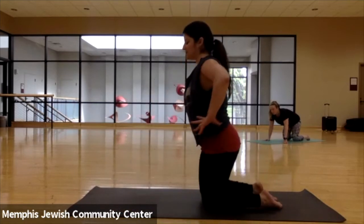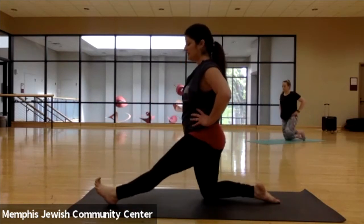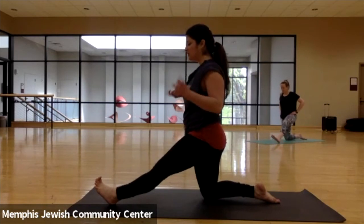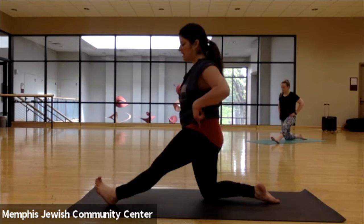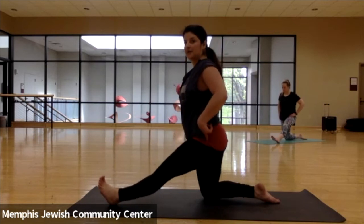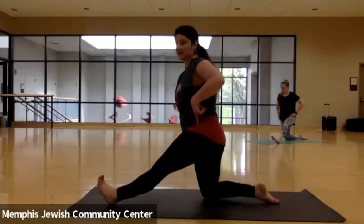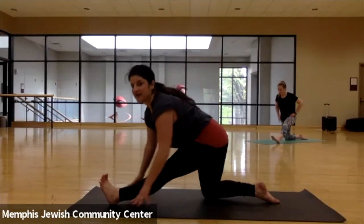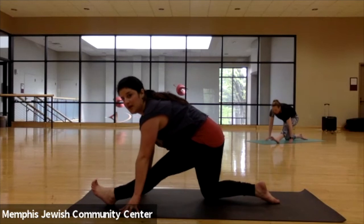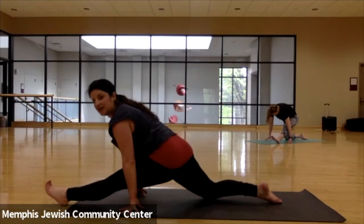Come back up, hands to hips, left leg out. This might be enough for you, and you'll notice a difference between how open one side is versus another. Keep that left hip drop down, right? It wants to lift up sometimes. I'm exaggerating, but drop it down. Start to walk your hands down if that's available. And start to inch that heel forward